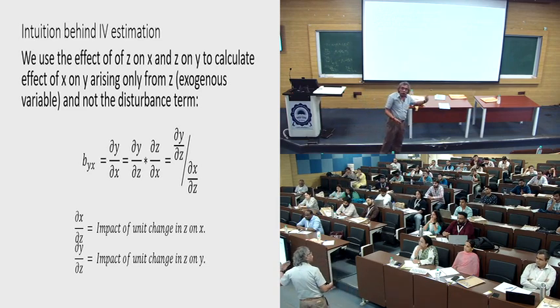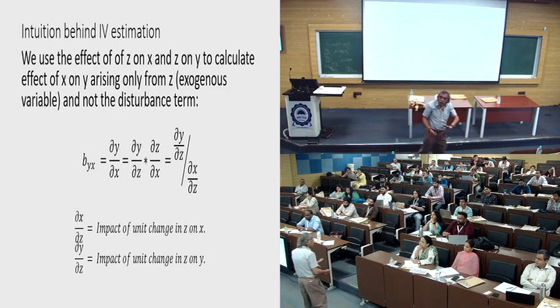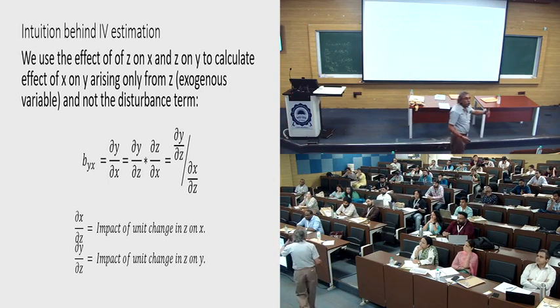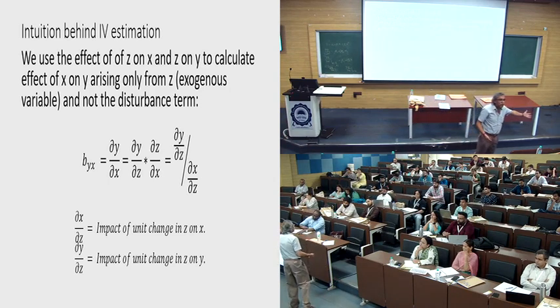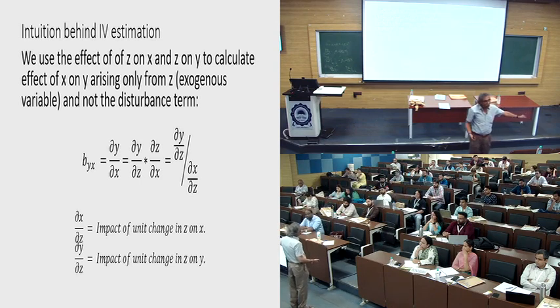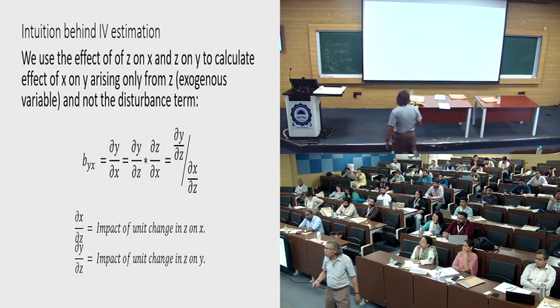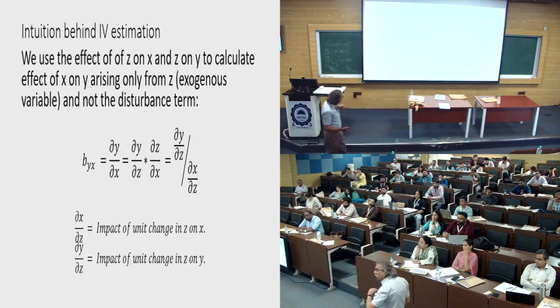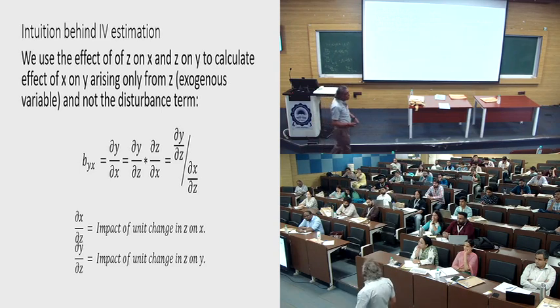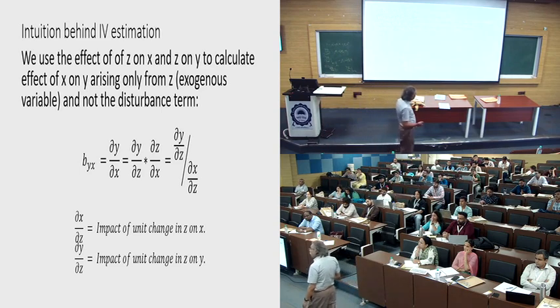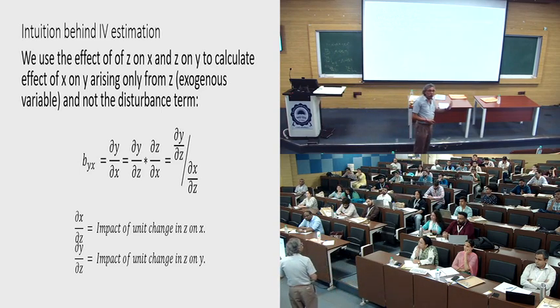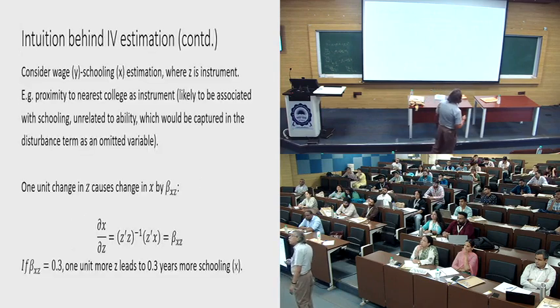However, I am claiming this ratio is nothing but the impact of X on Y, simply because the variation is coming from the variable Z, which is the exogenous variable, or the set of instruments. That's the logic over here. So del X del Z is the impact of a unit change in Z on X. Similarly, del Y del Z is the impact of a unit change in Z on Y. There is nothing rocket science here. So given this,